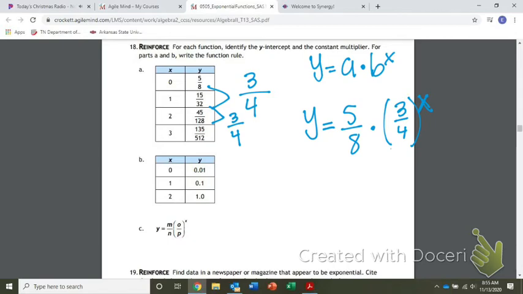All right. Now, on B. What is, if you cannot figure out,